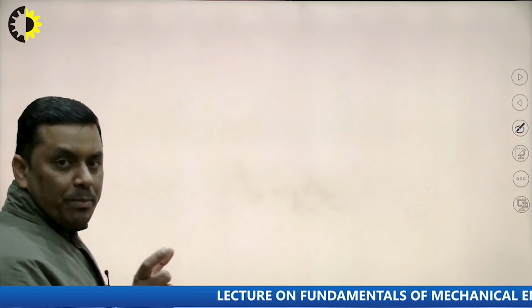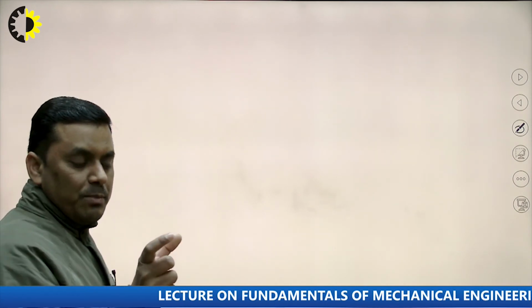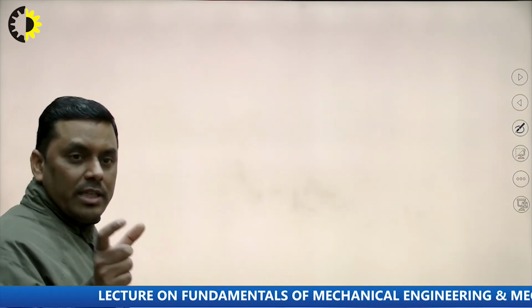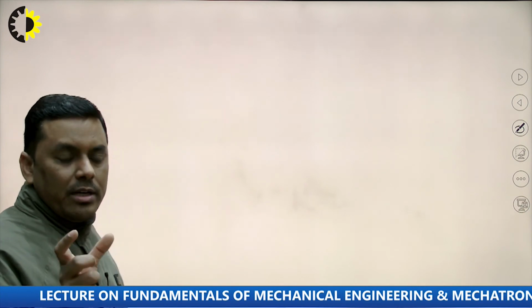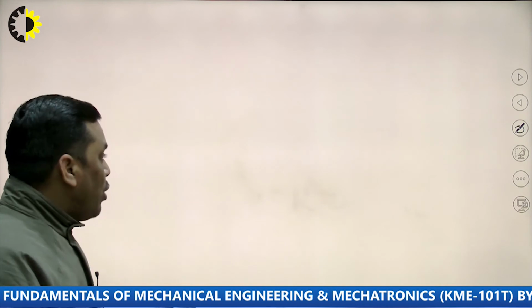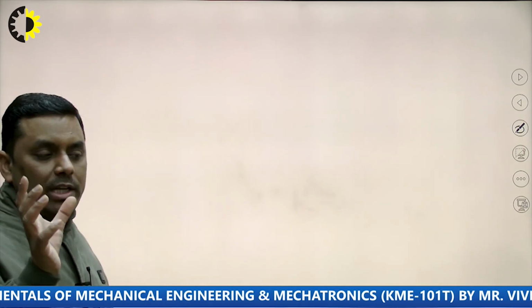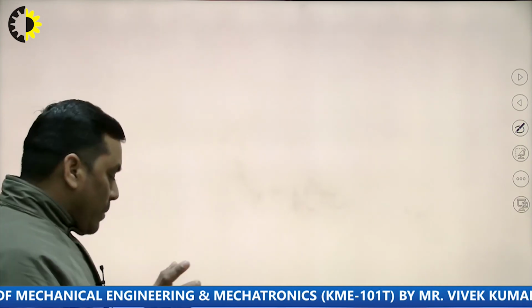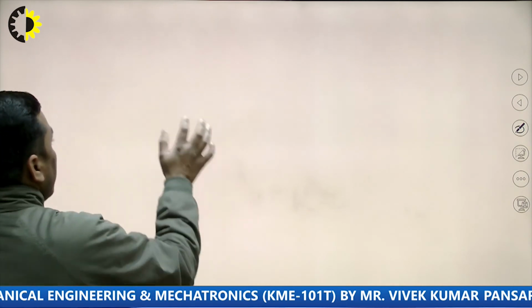One, the elongation of a prismatic bar, where the relation is P L upon A E. Then the elongation of a tapered bar, that is 4 P L upon pi E d1 d2. Then the elongation of a bar due to its own weight. So, we are getting 2 relations. One more thing which we can do with this,